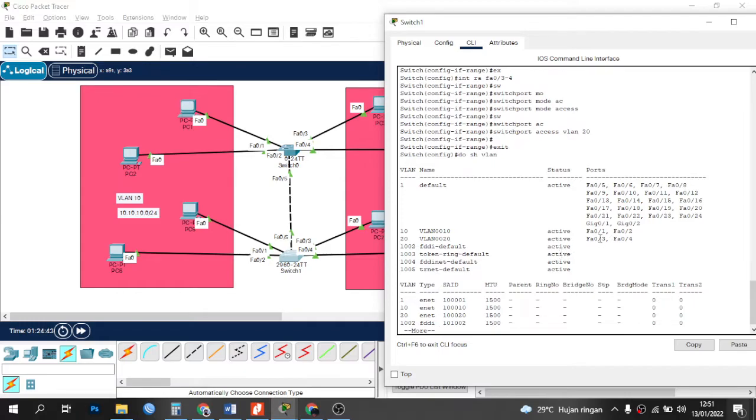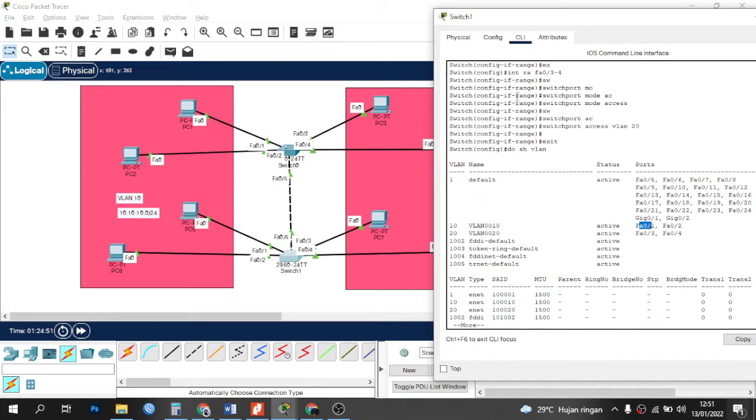Okay, it can be seen the interfaces of PC 7 and PC 8 have entered VLAN 20, and the interfaces of PC 5 and PC 6 have entered VLAN 10.